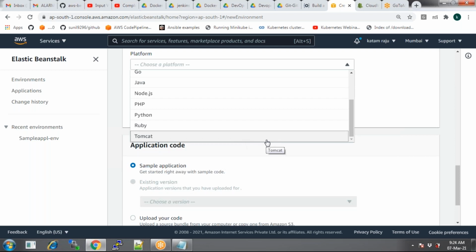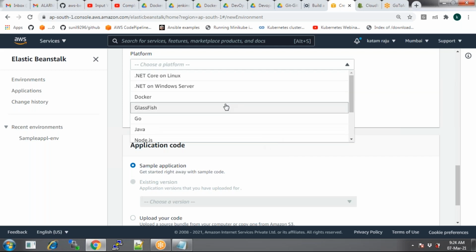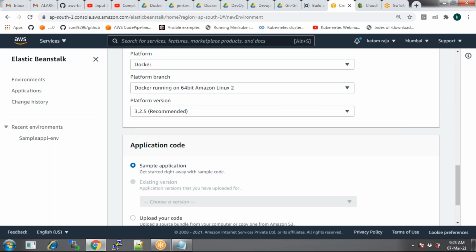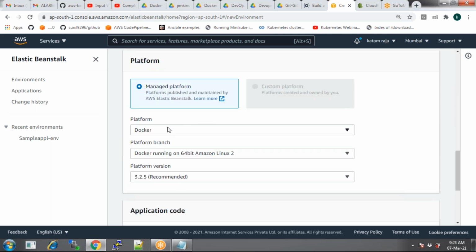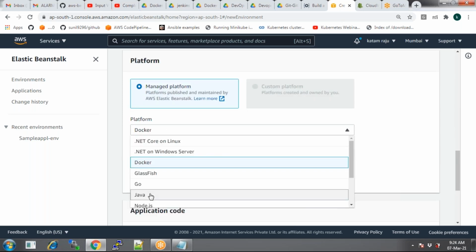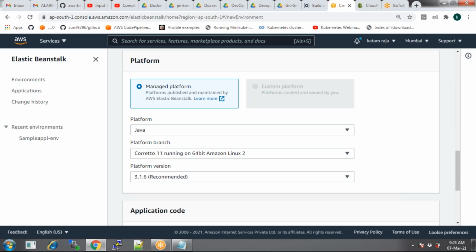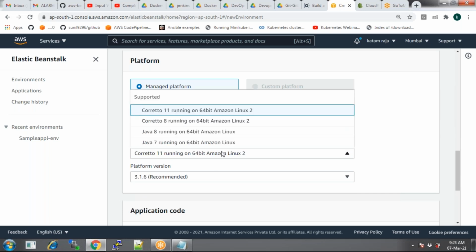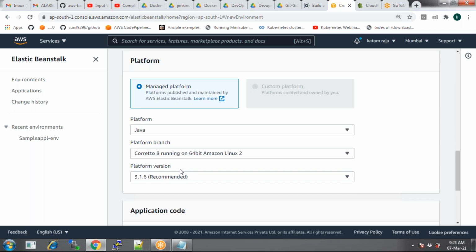Simply you select the required platform you want to install on your instance, and then launch the instance. So what I have selected now, Docker, or else go with, let's say, Java. And when you go with Java, you select the Java version, and then that's the platform version. Platform version is your Beanstalk version. This is your Java version.